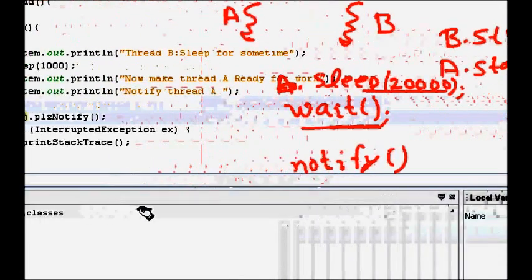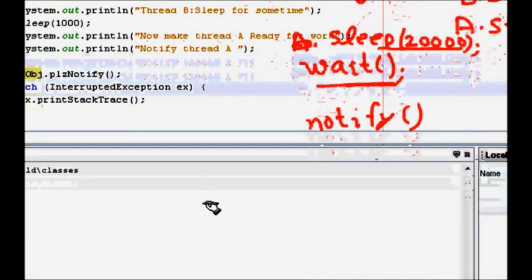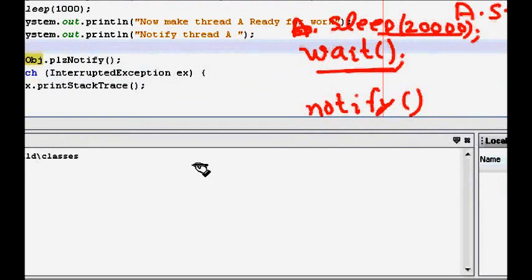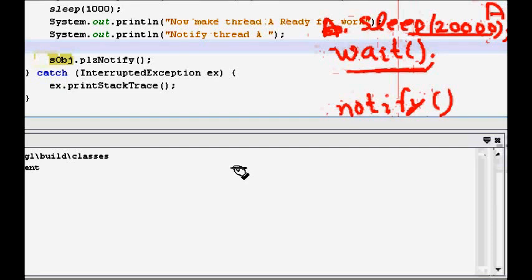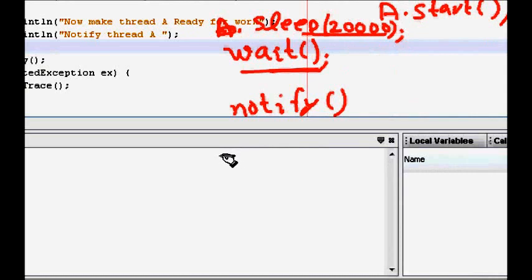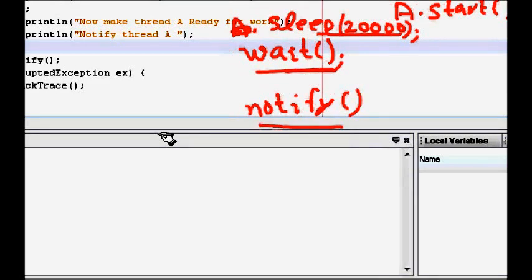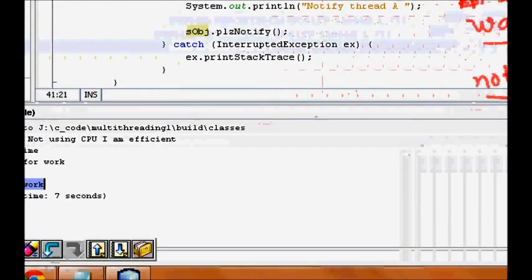So A starts waiting, but B has already signaled. That is the problem, and then A will keep waiting forever. Because even though B had already signaled, A didn't receive the signal, and when it started waiting, no signal will come.